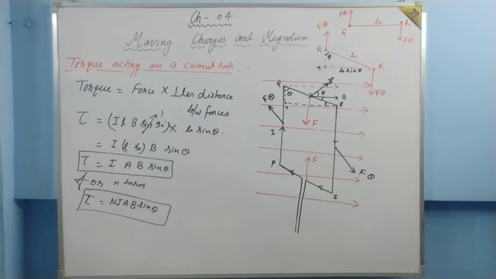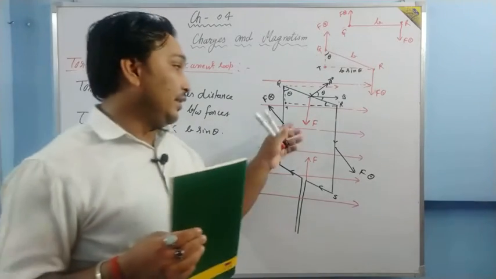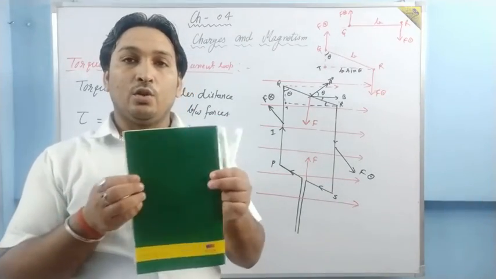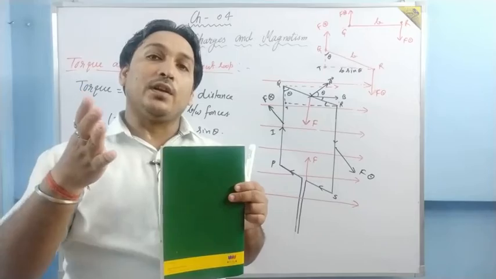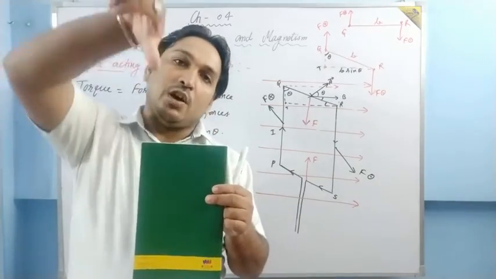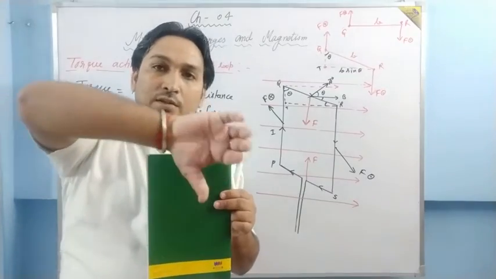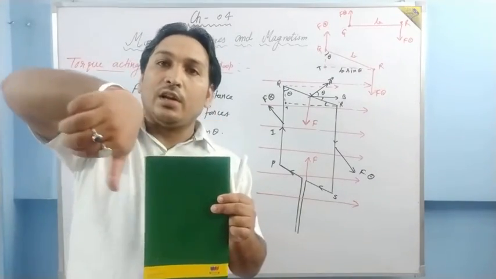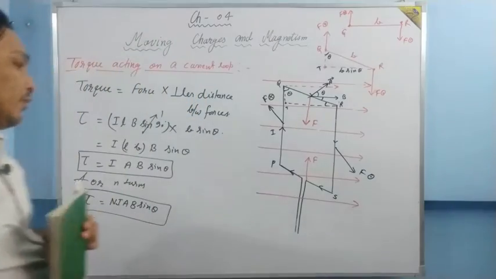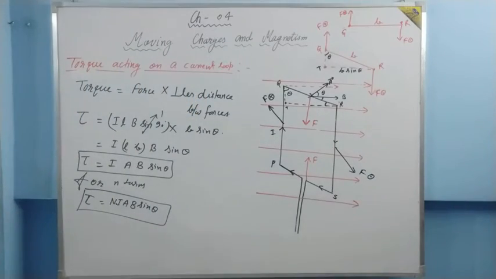What is the direction of torque? This is very easy, very simple. In this case, the coil is rotating like this. So what you have to do is rotate your fingers along the coil like this. So where is the direction of the torque? Downward. Is it clear? The coil is rotating like this, you have to curl your fingers like this. So the direction of torque is downward. So basically torque is equal to NIAB sin theta.